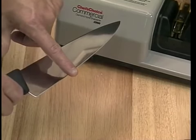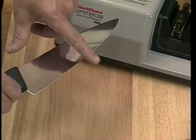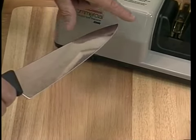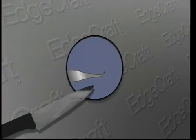Whenever sharpening in Stage 1, proceed until a distinct and uniform burr is created on the edge along the entire blade length. A burr is a bent-over edge created by the sharpening process that feels rough to your touch. Its presence is a confirmation that the sharpening in Stage 1 is complete and the knife is ready to be